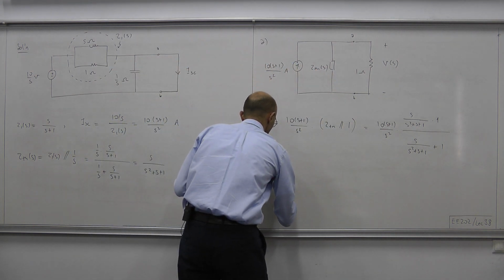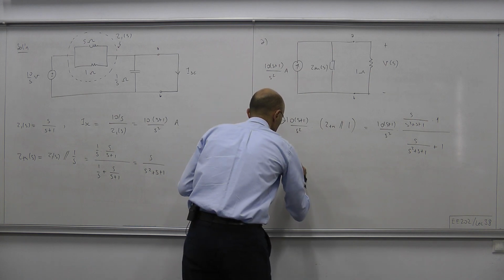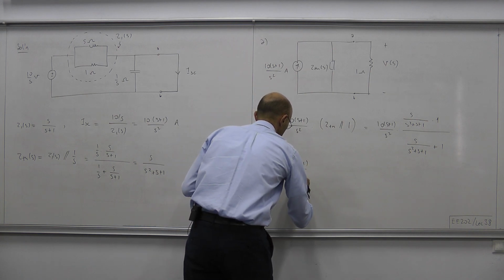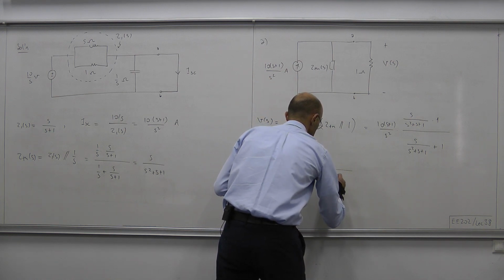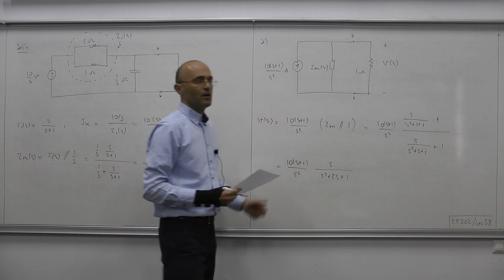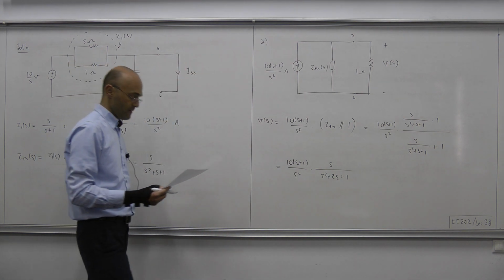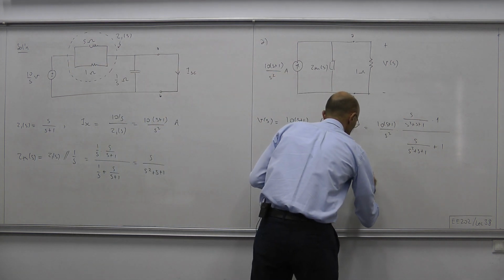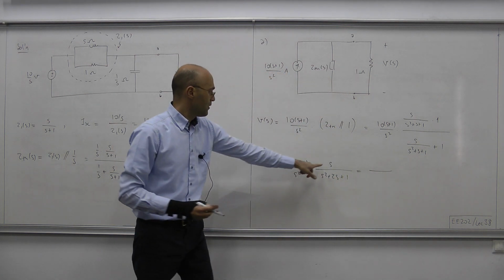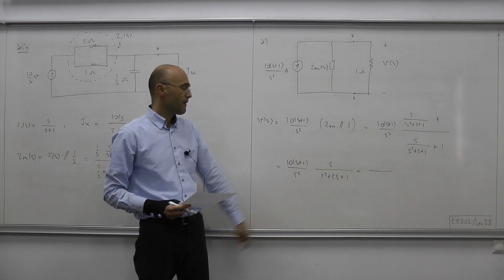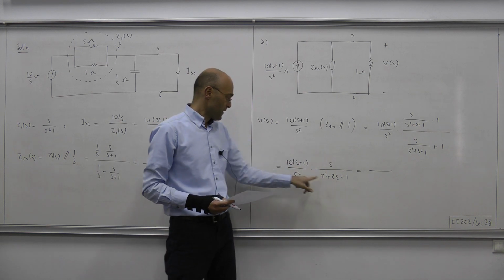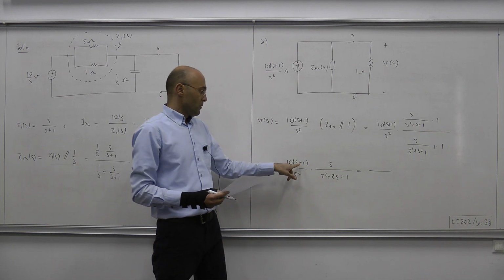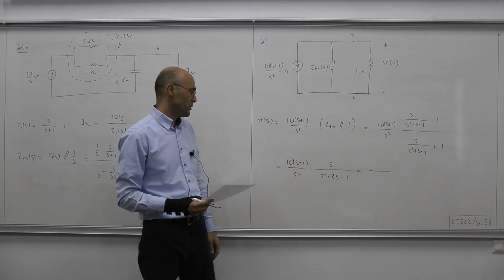Okay, and that equals what? 10S plus 1 over S squared times S over S squared plus 2S plus 1. Okay, and that equals what? Now, this S will cancel one of the S's here, okay? And this is S plus 1 square, therefore, one of the terms here will be cancelled by S plus 1, and what remains is